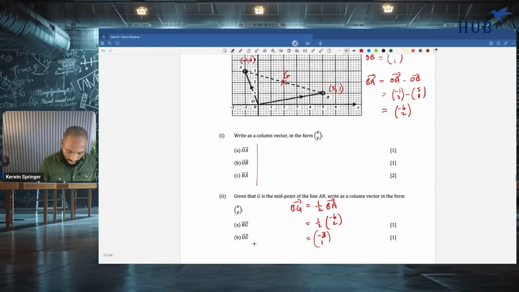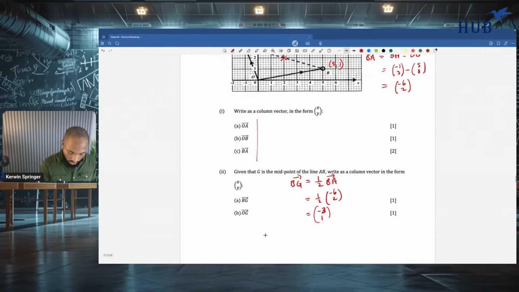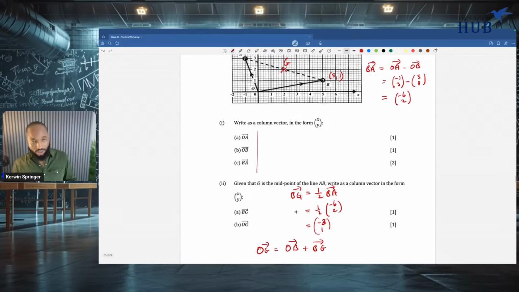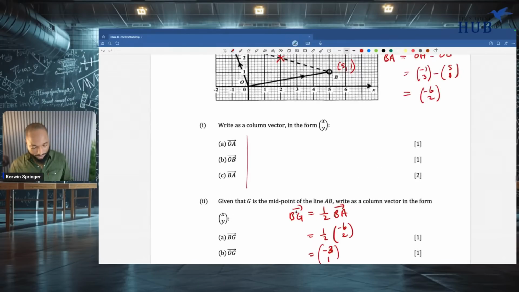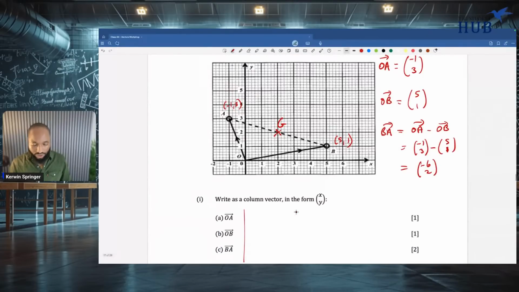OG. So I guess they want us to show working. So OG is the same as going from O to B and then from B to G. Remember, key to vectors, another way: O and G, B is the middle, joining the two. Slow down. Oh, I started to pick up too much speed. Well, we did all of this already. That's why I went through this in slow-mo already. So I kind of go into exam mode here.